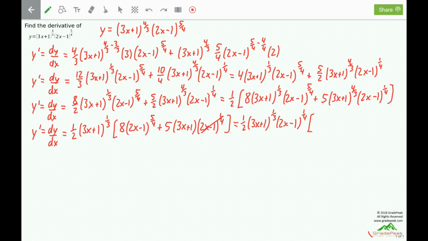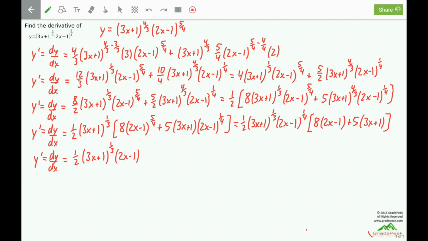So we will have 8 times a 2x minus 1 to the 5/4 minus 1/4, 4/4, which is a 1, plus 5 times 3x plus 1, and then we've fully removed the 2x minus 1 to the 1/4 power. All right, so now our derivative, y prime, which is equal to dy dx, is a 1/2, a 3x plus 1 to the 1/3,